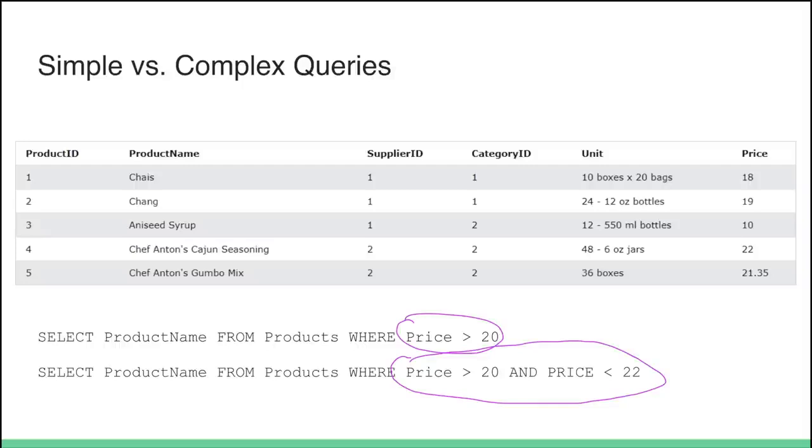So all of a sudden, once we start working with more than one criteria, that's where we're entering the realm of complex queries. Not that these are really scary in any way. It's a lot like working with if statements in programming. But just keep in mind that you might see the use of AND and OR to create more complex criteria, and accordingly complex queries, that you'll need to either understand or write on